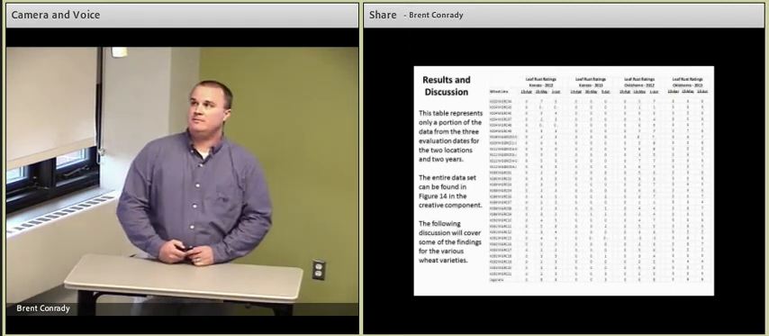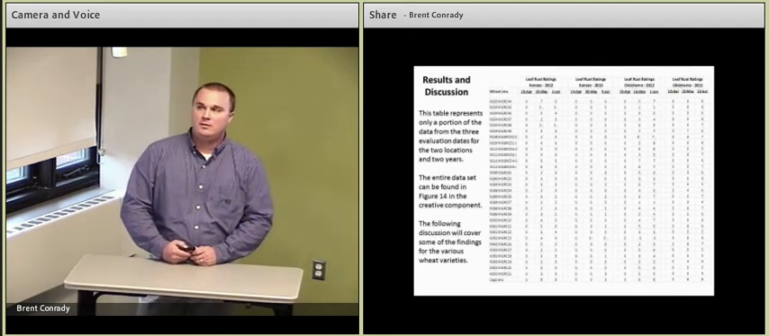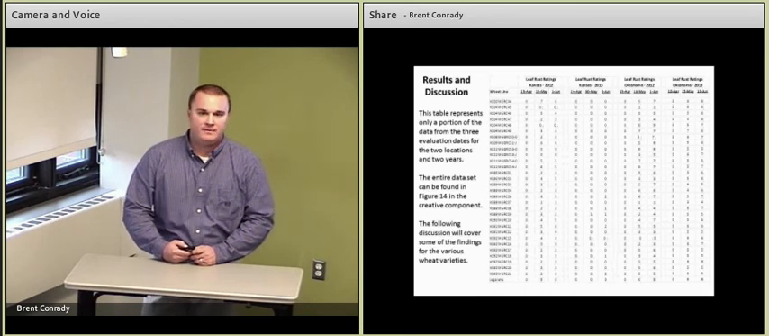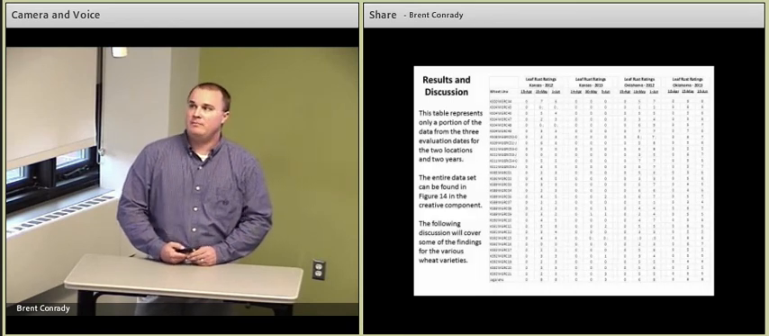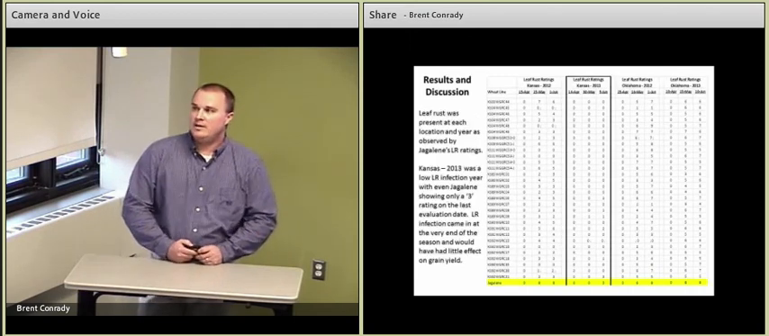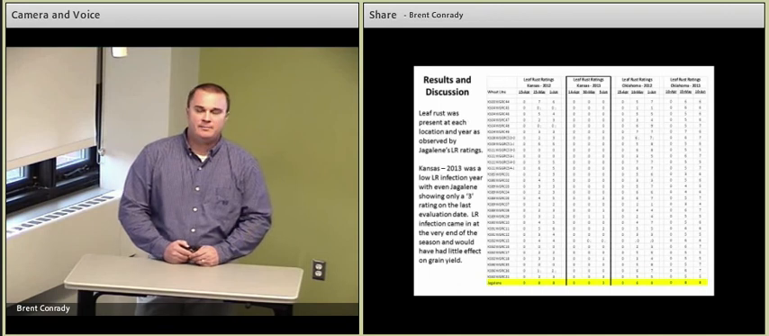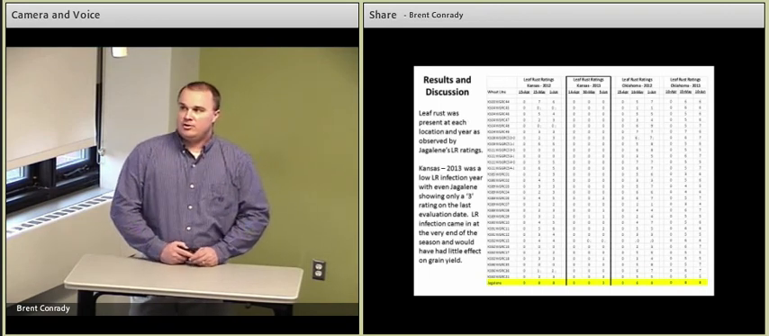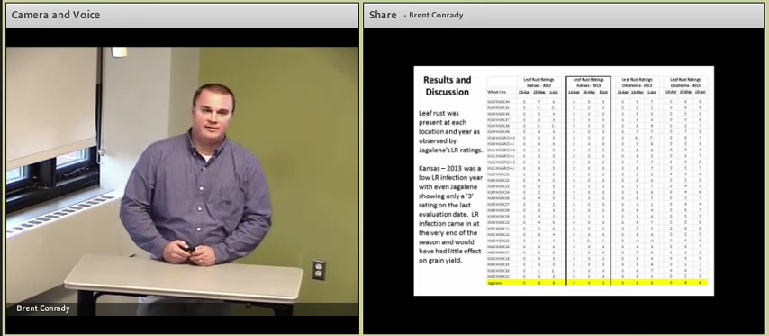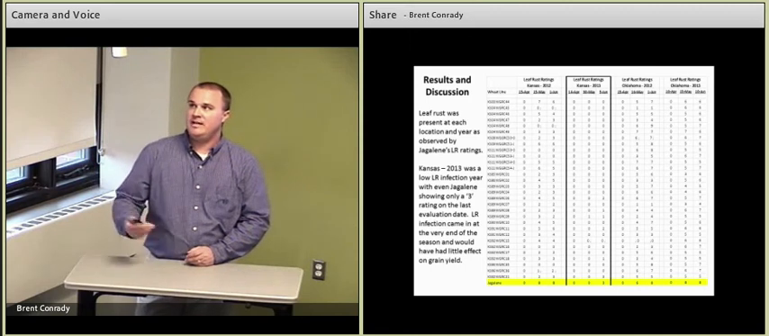This is a table that represents just a small portion of the main research, and the entire data set can be found in figure 14 of the graded component. Jagger, the one that is highlighted, is a very susceptible line to leaf rust and powdery mildew. We commonly have a running joke about Jagger in the Great Plains: if you sneeze on it or cough on it, it'll catch the common cold. So it's a very susceptible line to any disease out there. And as you can see, in the year 2012 and 13, in both sites,